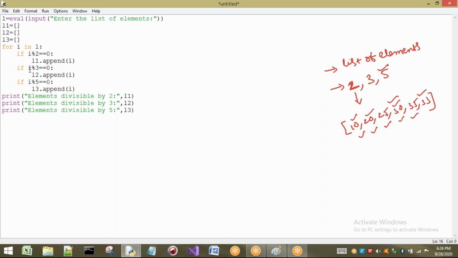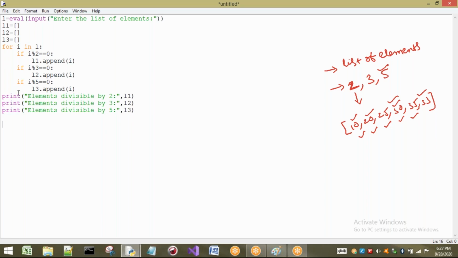Now come to this if. Now the value of i is 10 only. 10 modulo 3. If 10 were divisible by 3, it would give you 0, but 10 modulo 3 will not give 0 because 10 is not divisible by 3. So I will not enter into this one. Next, it will come to the next if statement. 10 modulo 5 equal to 0. That means if 10 is divided by 5, it is going to return 0. Then I will enter into this one, and what I will do is L3.append(i). The 10 is going to be placed in L3 also. For the first element, I have checked all these three cases.